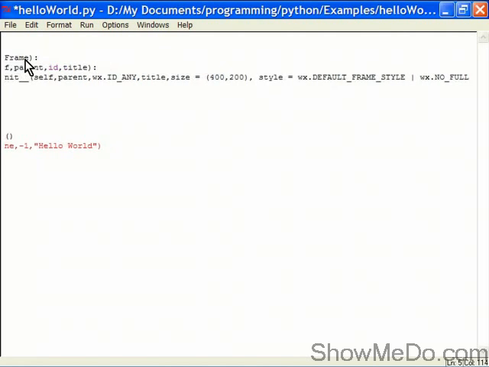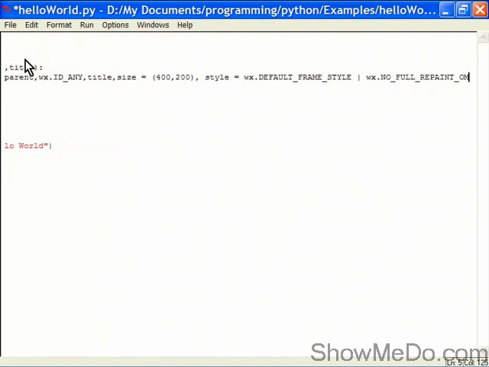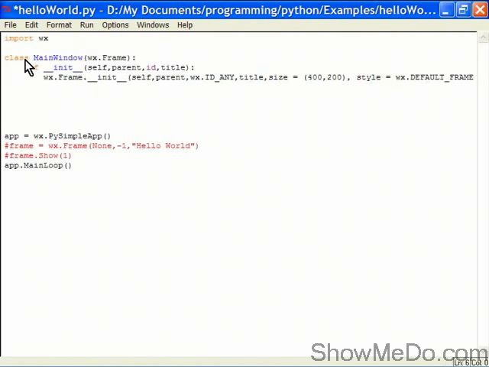We'll do no full repaint on resize. So what that says is that because we're dealing with a text object, it makes sense to not redraw the whole portion of the screen when we resize it, because the text doesn't need to change its shape or size. It stays where it is on the screen and doesn't need redrawing, so we can use that